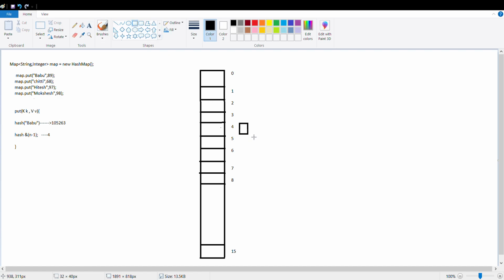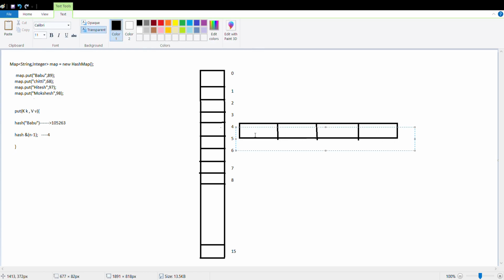Here is how it will store: first it will store the hash and the key, then the value of the particular key, that is 89.